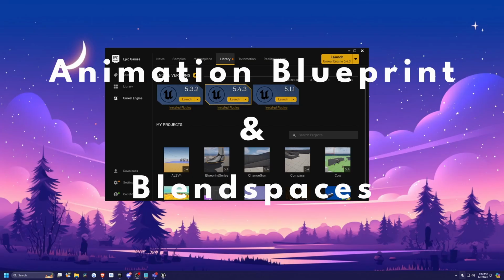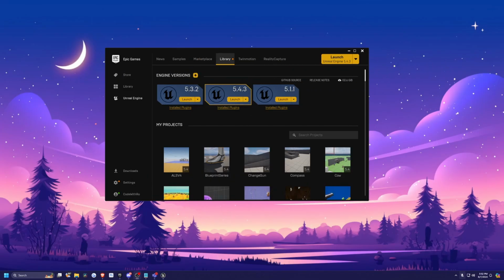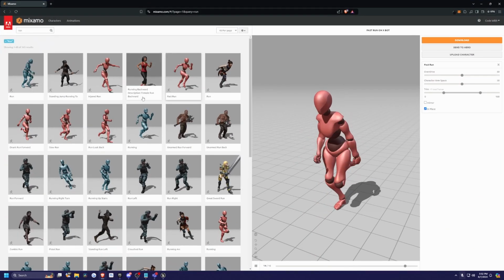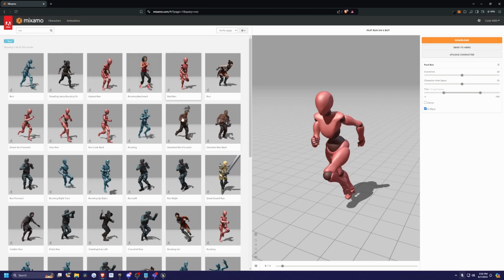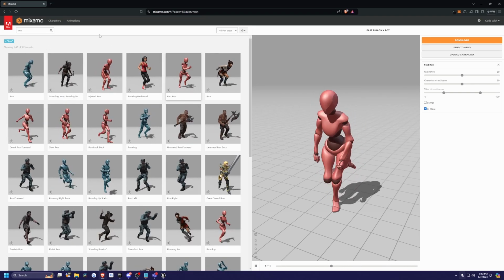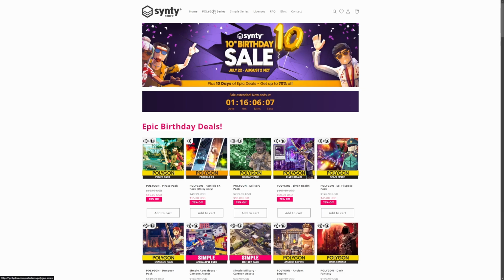In this video, we're going to be going over animation blueprints in Unreal Engine 5. So for the purpose of this tutorial, you can head over to Mixamo, download whatever character model you want, or you can use the default mannequin. You can also just extract the animations from these models and use them for this project. But for the purpose of this tutorial, I will be using the Cinti asset, and of course they have a